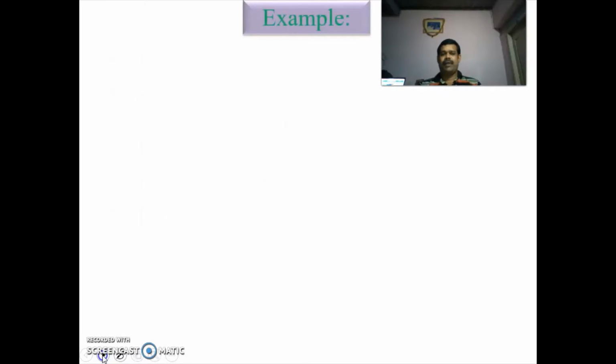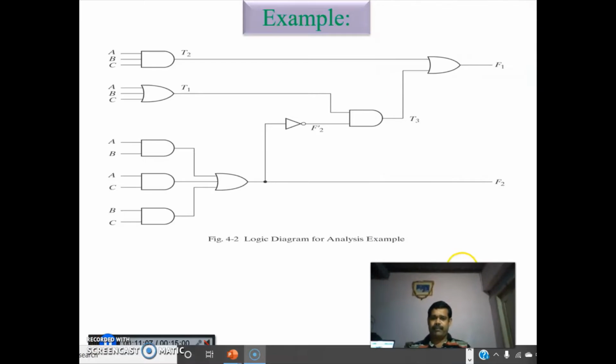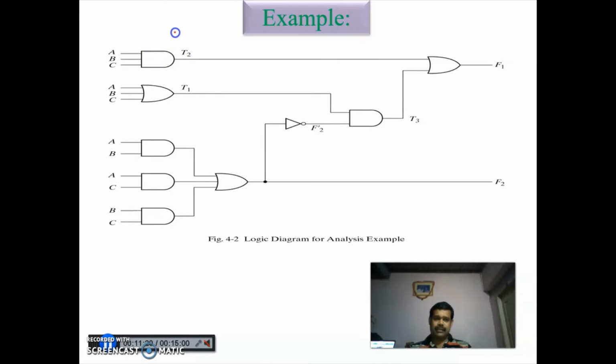Next, we are going for an example. So this is a circuit. This is a combinational circuit, and it consists of, this is an AND gate, this is an AND gate, this is an AND gate, this is an AND gate, this is an AND gate, this is an AND gate. So 1, 2, 3, 4, 5 AND gates,